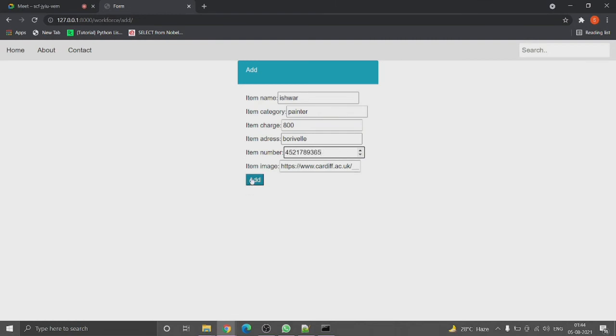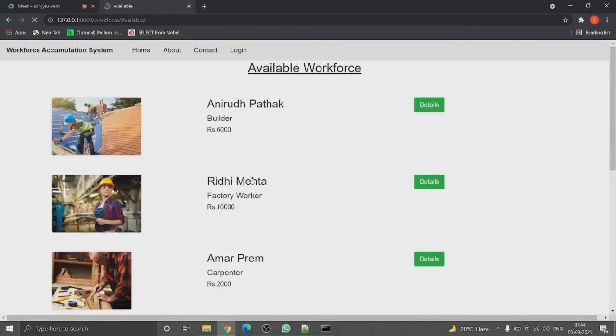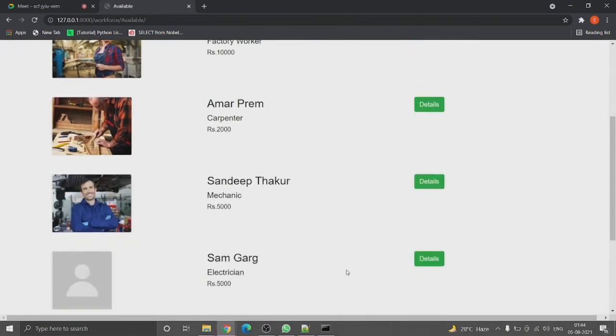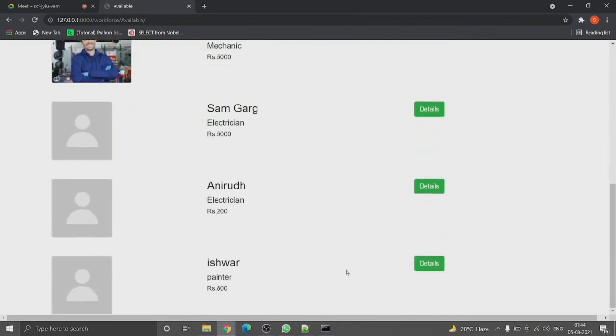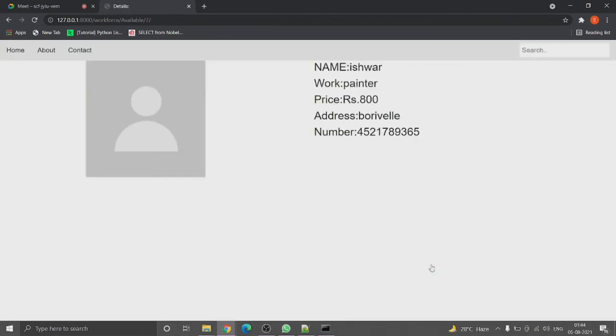By clicking the add button, all this information will be added to the database. Now, as we scroll down the page, we can see that Ishwar has been created and we can click on the details button to see all of his details, such as his name, work, price, address and number, which have been stored in the database.